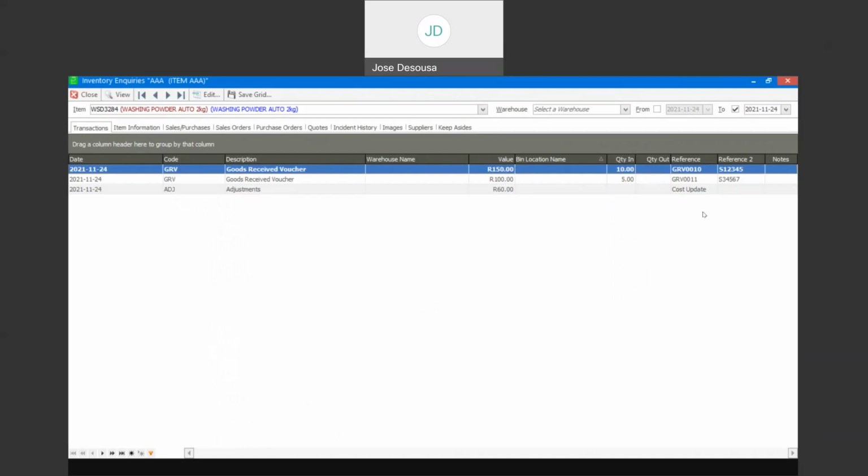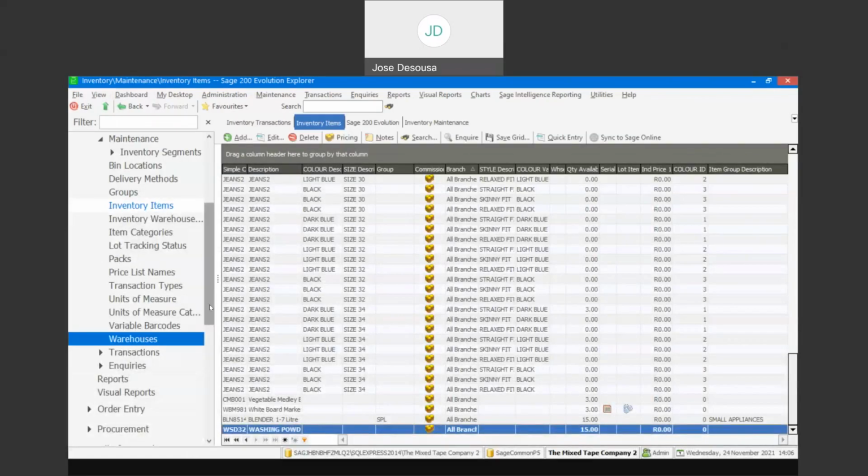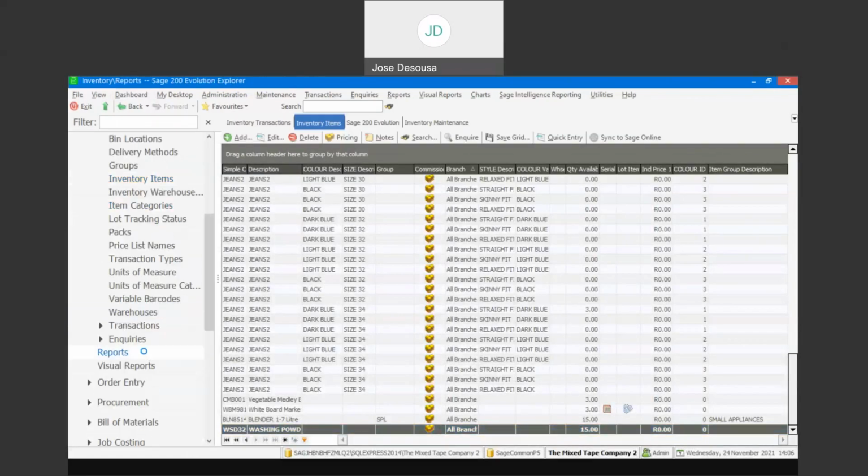which was in fact our cost update. So if need be, we would need to go to change the cost of the manual item or manual costing item. You'd need to process a cost adjustment, which would then update the cost of the item on the item itself. If we then go look at our valuation report for this item,